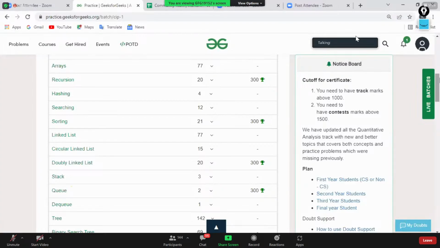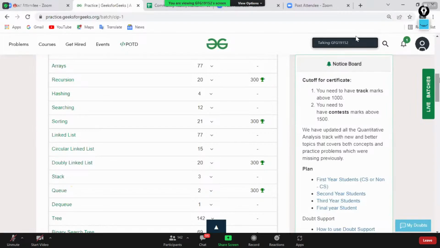So arrays 20 to 25 questions, and then we will be moving to hashing. So guys, hashing is very important for interviews because it helps you for optimizing your code. Like if your code is working in O(n^3), it can optimize to O(n^2), and if it is working in O(n^2), it can optimize to O(n), right? So hashing basics,